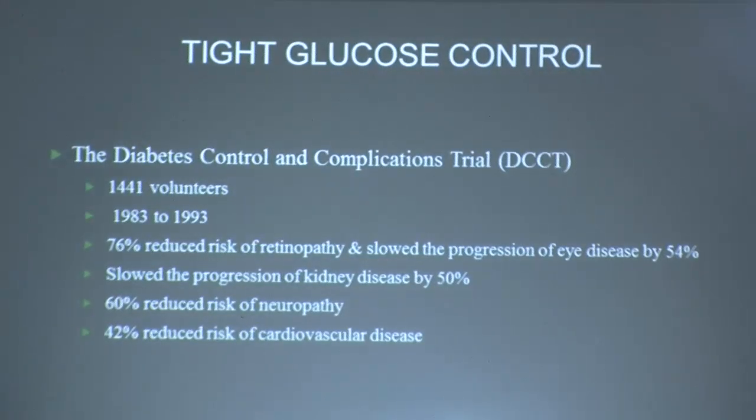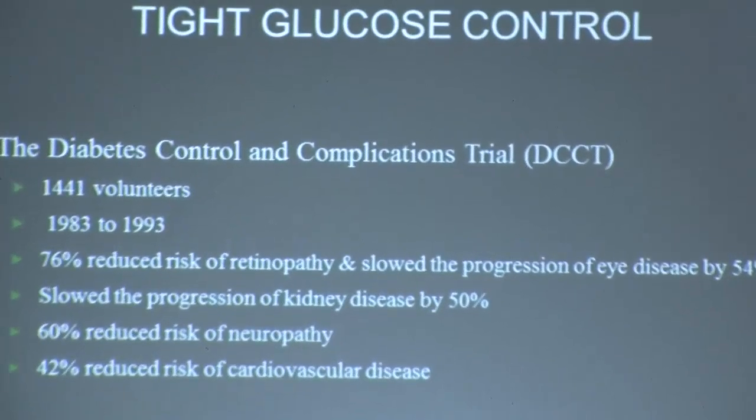So how do we stop these complications from occurring? The importance of tight glucose control was not fully understood until the release of this study, the Diabetes Control and Complications Trial, which was released in 1993. It consisted of 141 volunteers, and the study